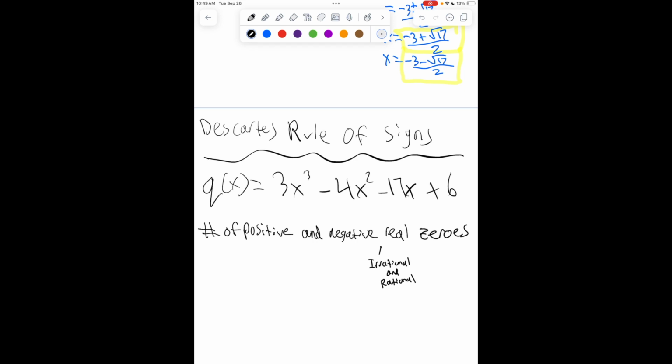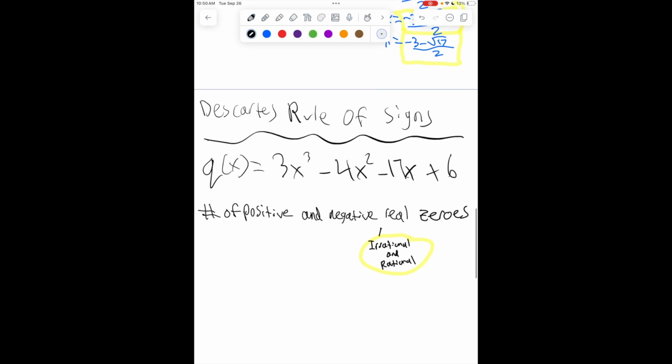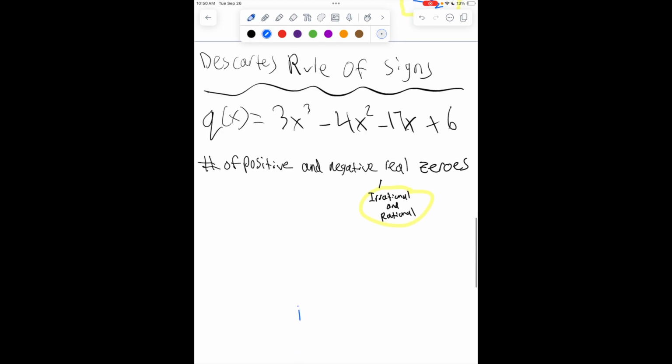Okay, sort of our last idea in this is a way to find out how many positive and negative real zeros we have. Now remember, real numbers still means it can be irrational, okay? But this is Descartes' rule of signs, and it works like this. It tells us that the number of positive real zeros is equal to the number of sign changes